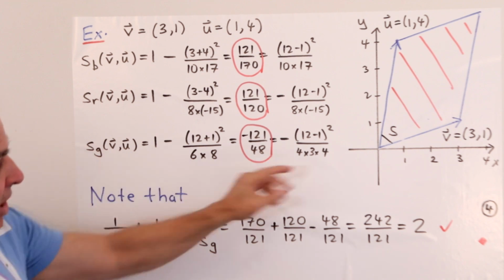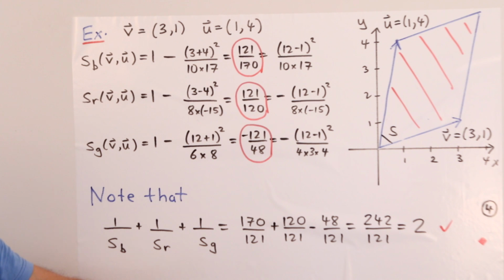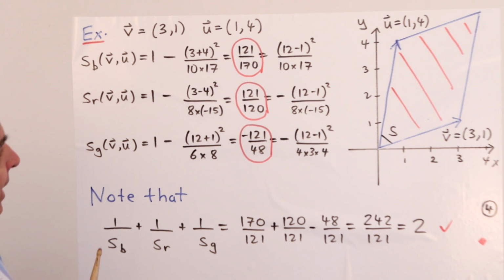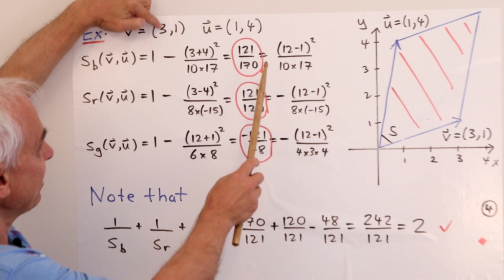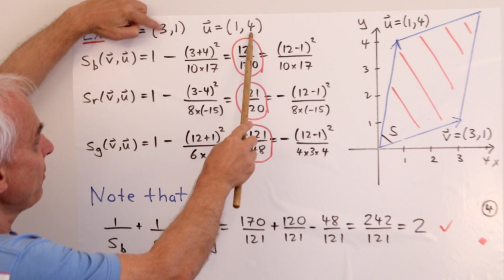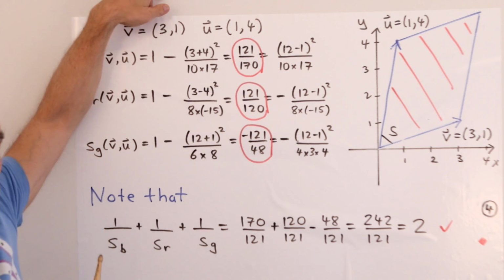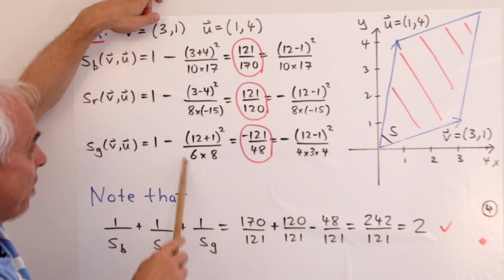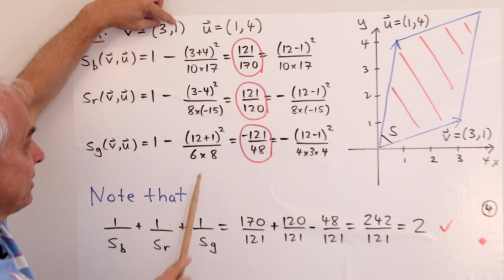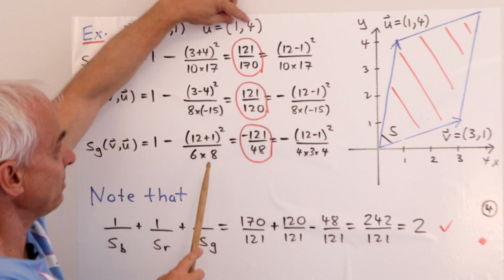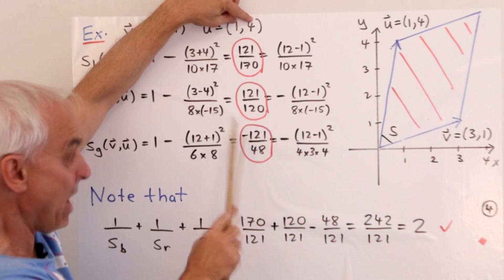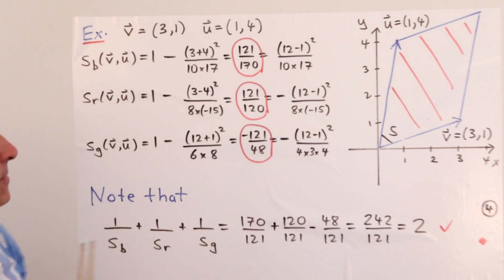What about the green spread between the same two vectors? Well, we have to take the green dot product. And that is, well, we have to take this times this, so it's AD plus BC. So 12 plus 1 in the numerator, squared. And this quadrance here is 2 times the product of these two. That's 6. And the quadrance of this is 2 times the product of those, which is 8. For a total of 100 minus 121 over 48.